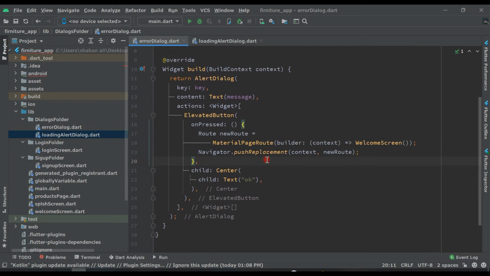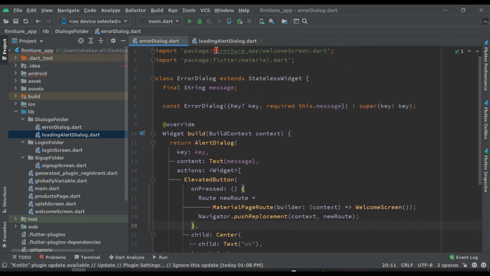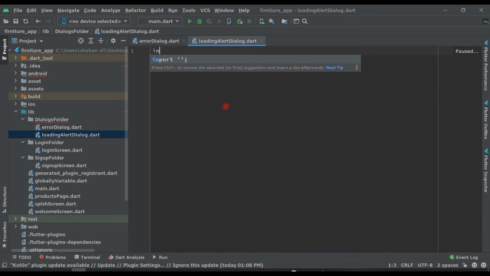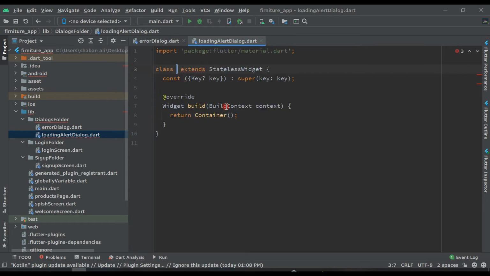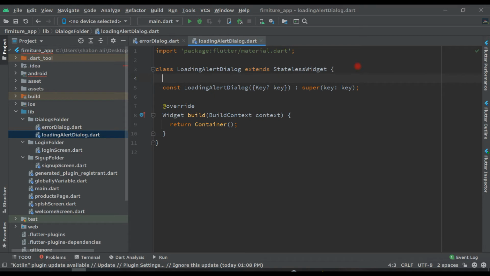Now come back to the loading alert. Let's import material.dart and a stateless widget, and here LoadingAlertDialog. The same things here: final String message, and mention it in the constructor.